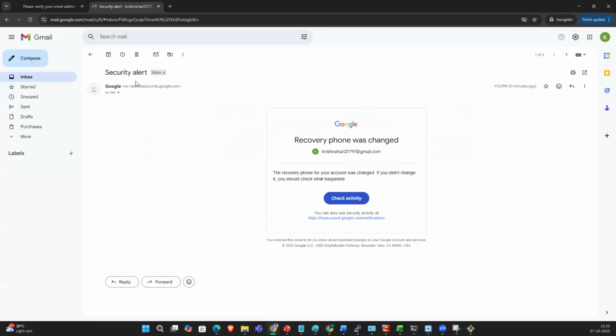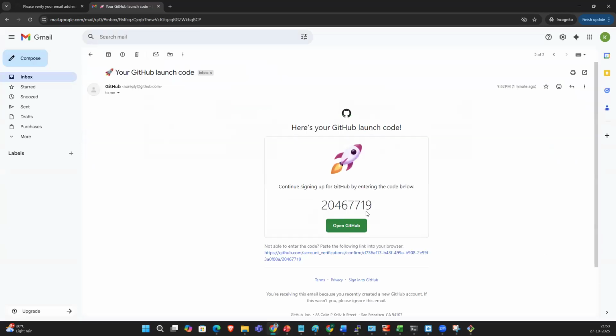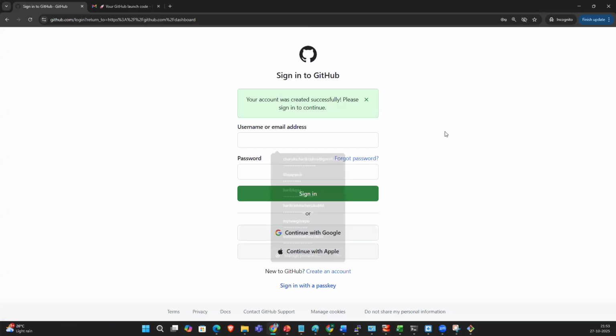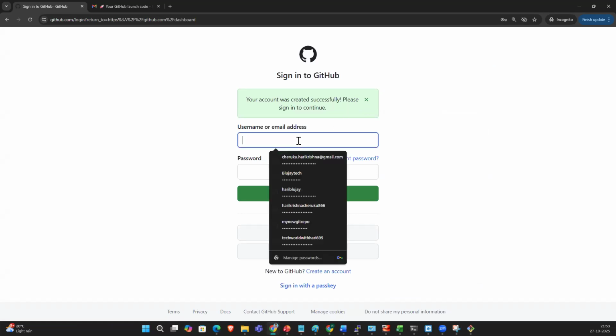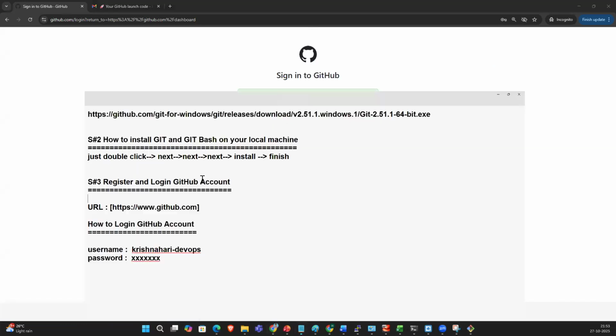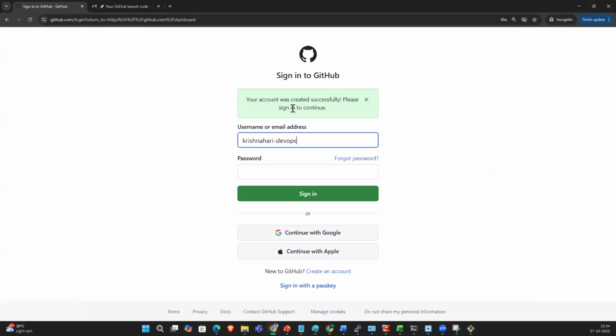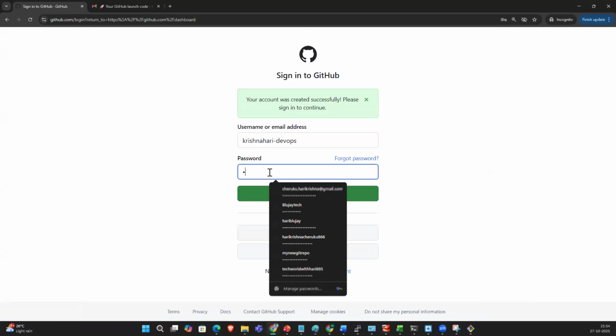Okay, you will get the code on your email address. So we have: your account was created successfully. Please sign in to continue. So what is the username we created, guys? The username we created is Krishna Hari DevOps. Okay, password is